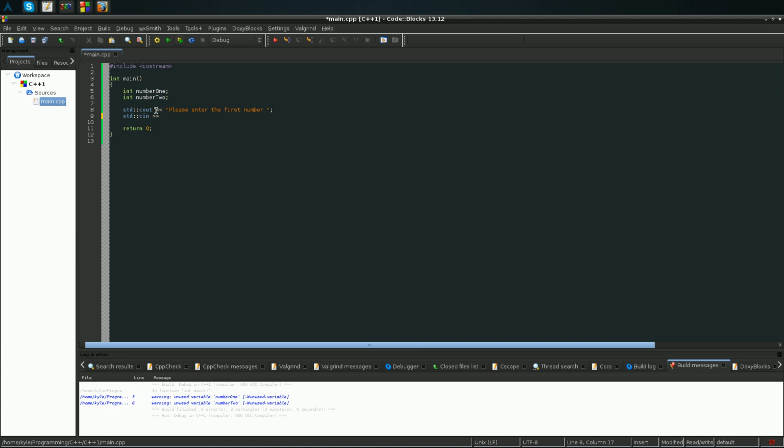So basically you're pointing outwards and you're pointing this onto the screen. With getting user information, you're actually pointing this into something. So we're going to point this into number 1. So the number that the user enters when it asks is going to be assigned to number 1. And just to test, we're going to std cout